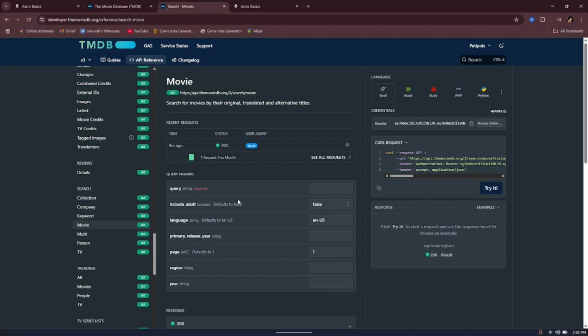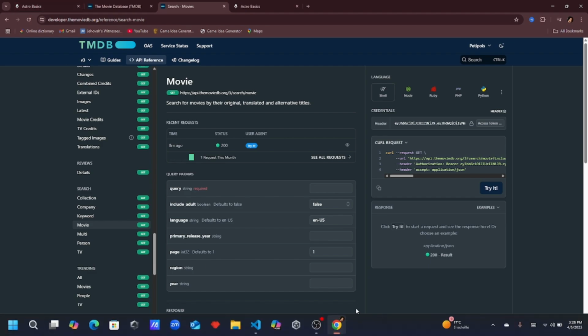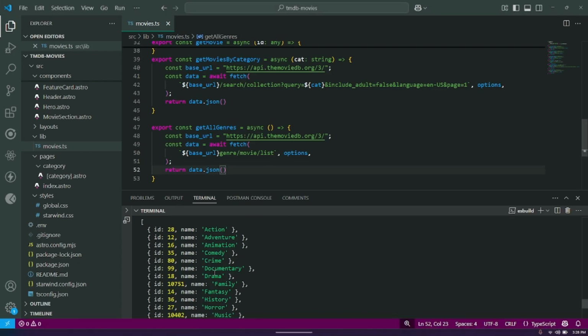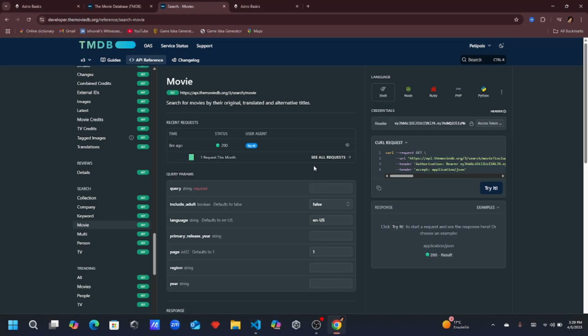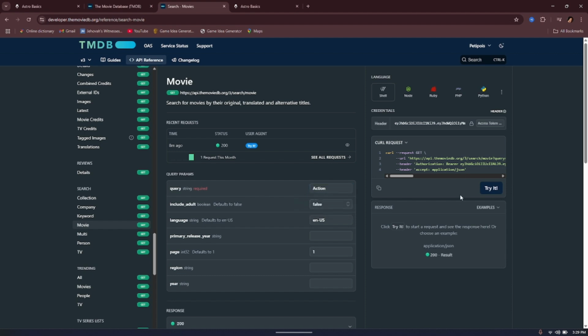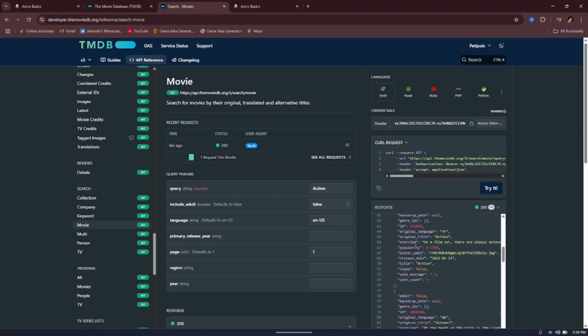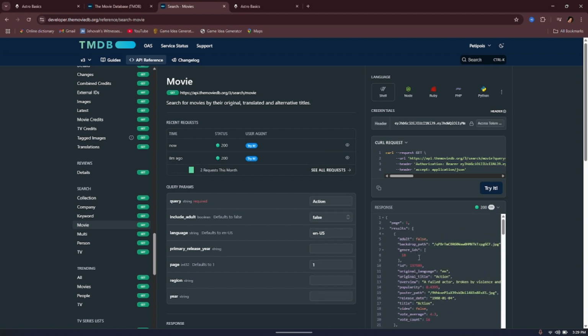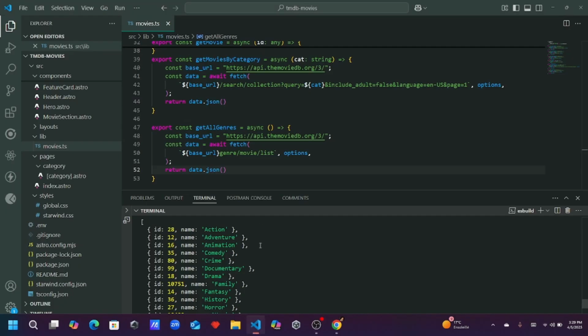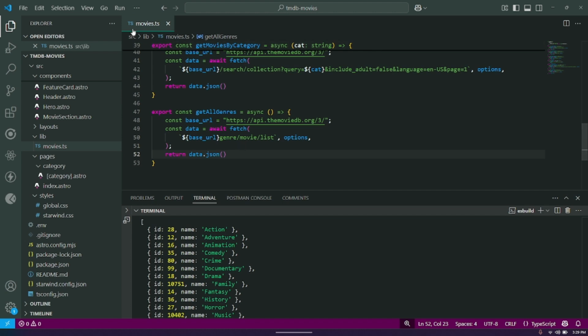So the query, let's do action, and put action here and try it. So it comes back with results of all the movies that have the word action in it. So the query would equal action. So that's what we got there, which is great. So what we will do,